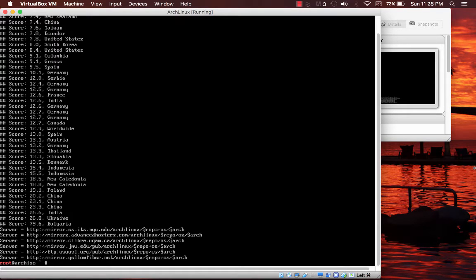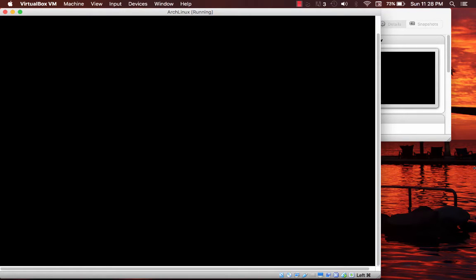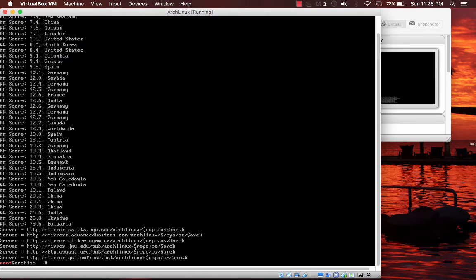Okay, here we are back after our mirrors have been successfully ranked. It shows it right there, the 6 mirrors that are the best around us. And so what we'll do now is install the actual base packages that ArchLinux uses. We'll do that by running the script within the installation environment, and that is pacstrap